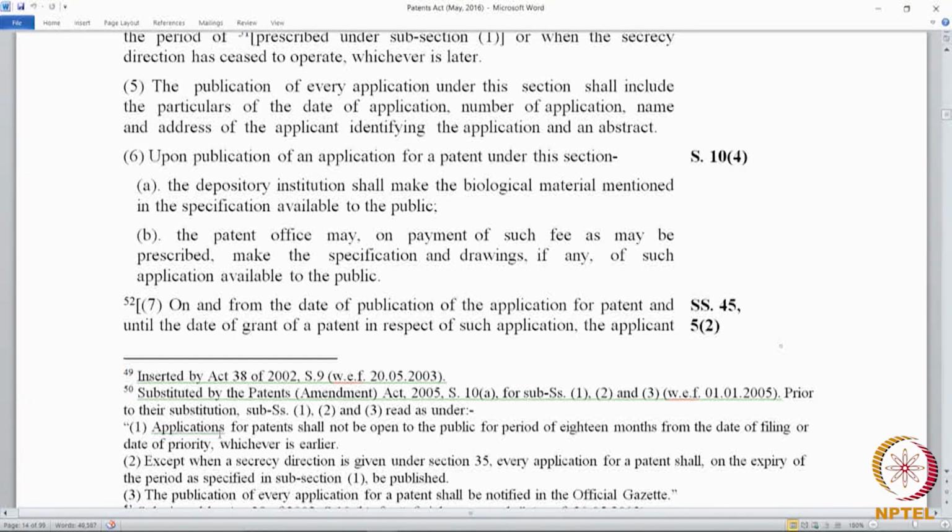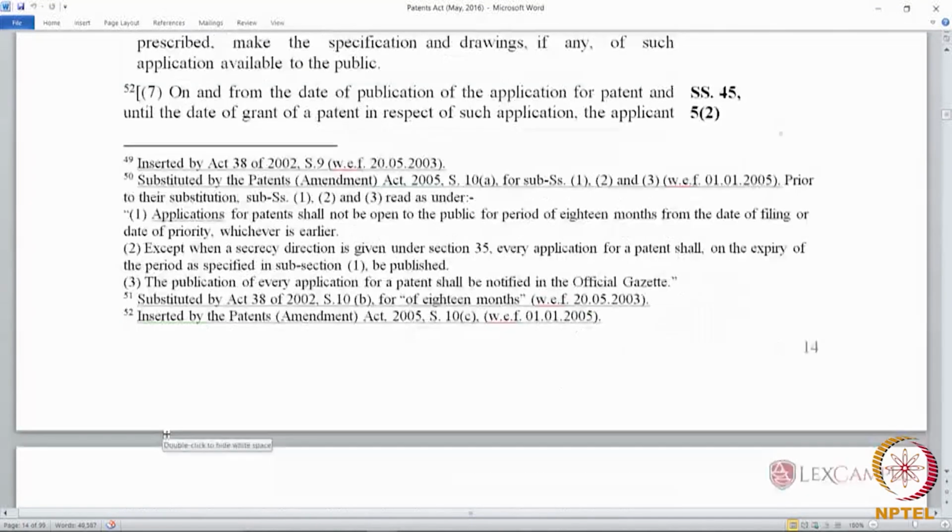A prior art is relevant when it is made available to the public. So, publication is one of the ways by which something is made available to the public, and you can actually see the language in 11A6B, which states that upon publication things will be made available to the public. So, 11A6B can be compared with section 43(2), where again it is mentioned that it shall be open for public inspection. 11A7 states that on and from the date of publication of the application for patent and until the grant of a patent in respect of such application, the applicant